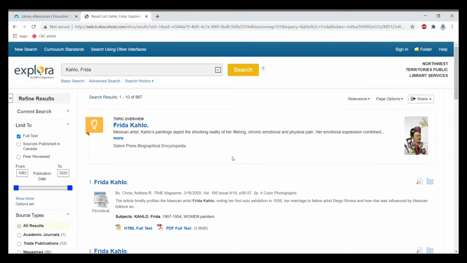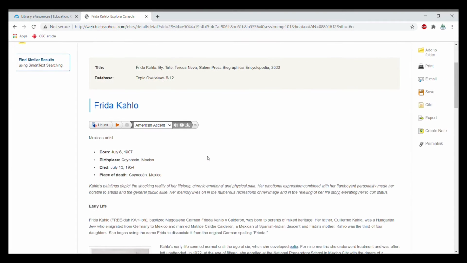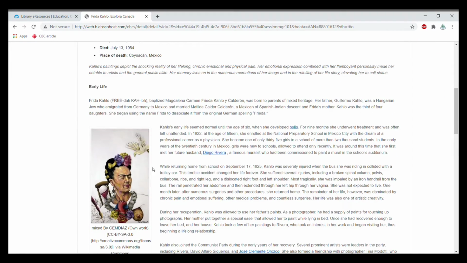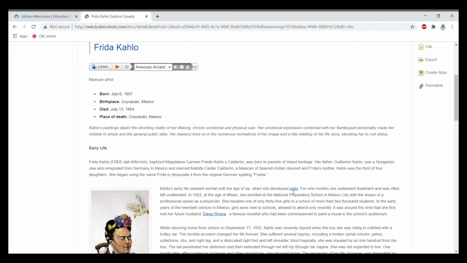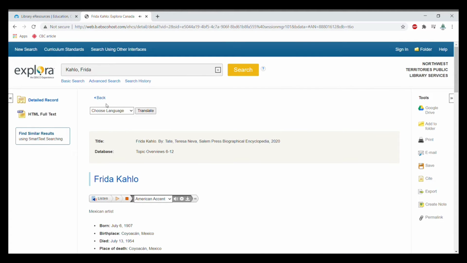Okay, so this page is really neat. The first thing that comes up is a topic overview, and if you click on that, it'll just give you something from an encyclopedia usually, just a brief overview of the information about your topic, and you can also even have it read it out to you, which is a great option as well. Okay, so let's go back,